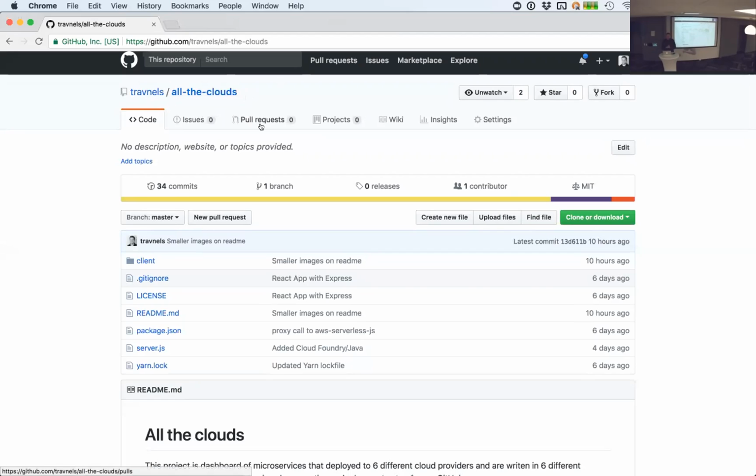So, all the clouds. I've been living in the AWS world for a while. For pet projects, I do Heroku because it's really easy. My exposure to other cloud environments, Google Cloud Platform, Azure, OpenShift by Red Hat, I've played around with them, but I haven't done too much. So I'm curious what the state of continuous delivery is currently in those environments, because